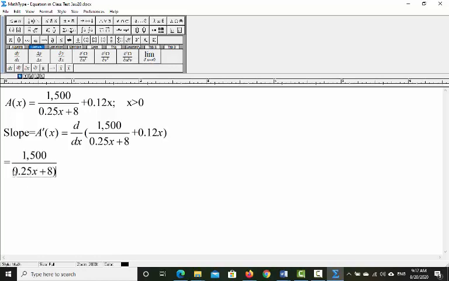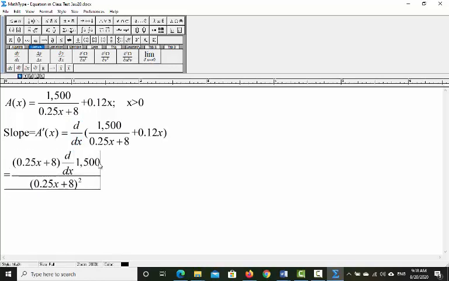If you use the division rule of differentiation, whatever you have in the denominator, you need to take a square of that one. And again, whatever you have in the denominator, you should get that one also again in the numerator. And then we will do the differentiation of whatever you have in the numerator. And then we will have minus, and then